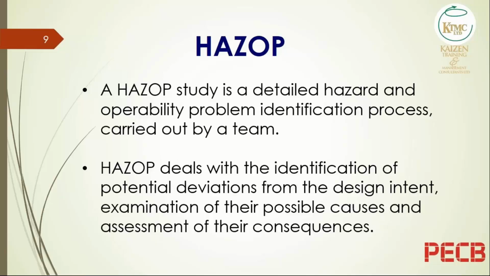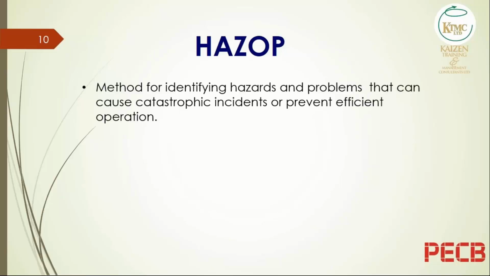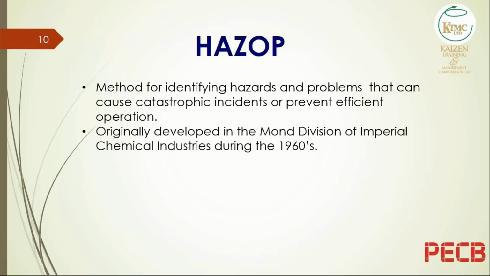What did the designer or the team of designers have in mind? What are possible deviations? If these deviations were to occur, what would result? What hazards would be posed? What risks? To those working at the facility, to the environment, and of course, to persons external to the particular facility. The methodology aims at identifying hazards and problems that can cause catastrophic events or incidents, both with respect to health and safety and the operability of the operations.